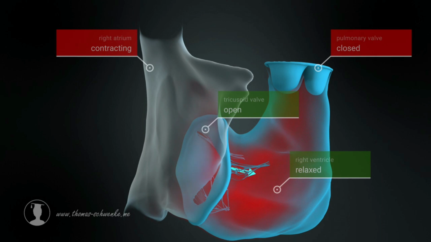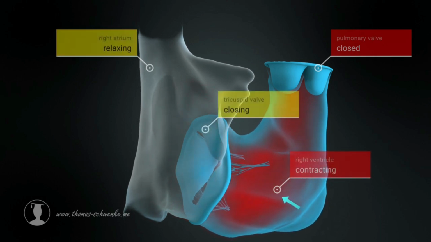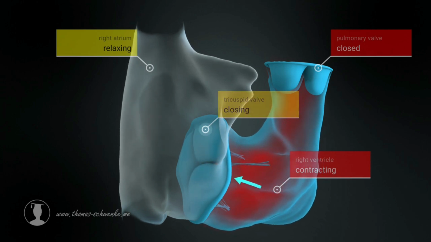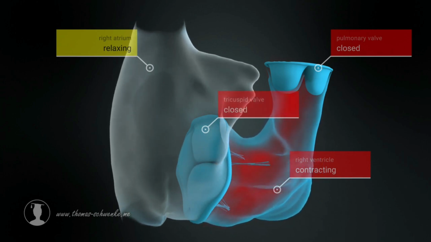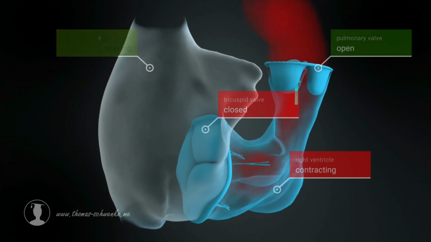The atrial muscles then relax and the ventricular muscles contract. The resulting pressure closes the tricuspid valve. The ventricular muscles contract further and increase the pressure, opening the pulmonary valve and forcing the blood into the pulmonary